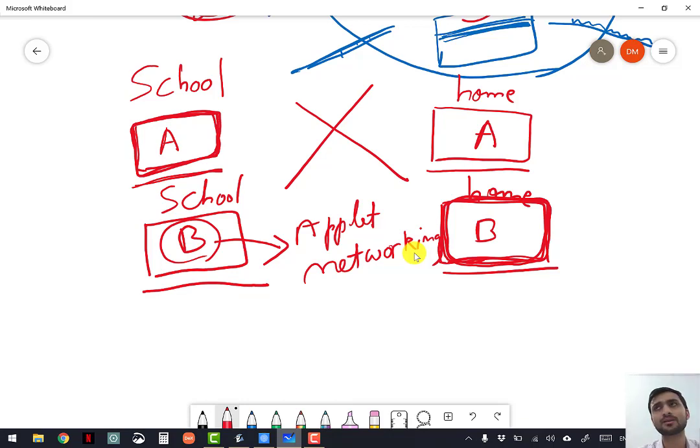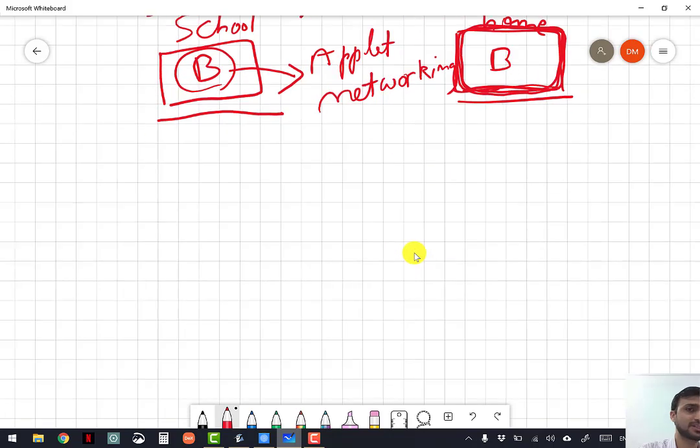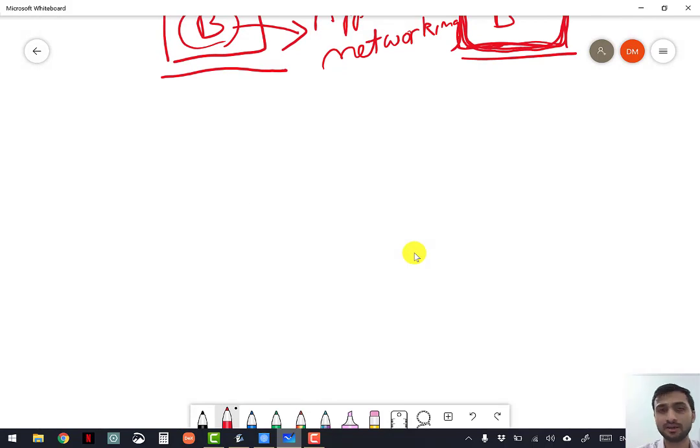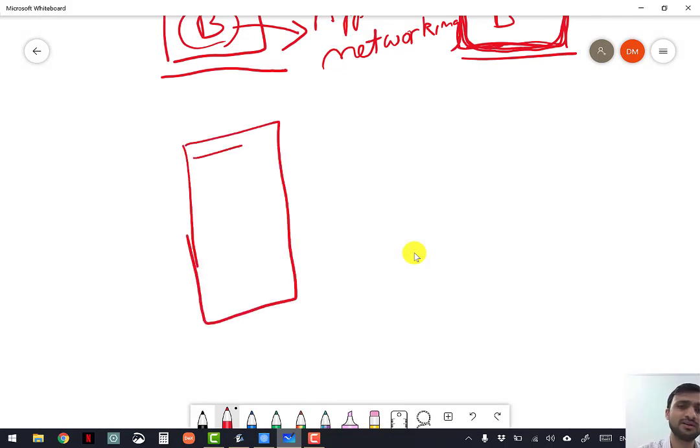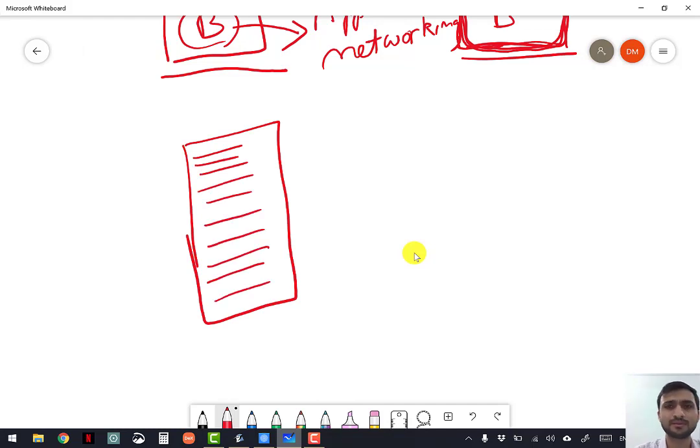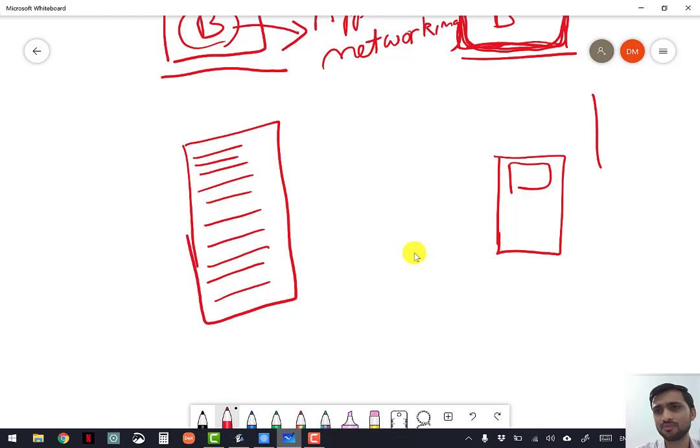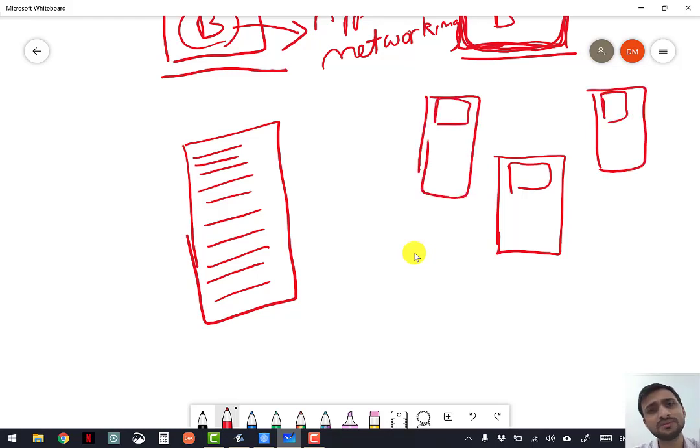For example, the WhatsApp program. WhatsApp is also a Java program, I told you in previous classes. It is a big Java program, you can say. Not only Java, many other languages are used to create it. You are using WhatsApp, which is available in your mobile, in your father's mobile, in my mobile, everybody's mobile. Did the person who created WhatsApp come to your house to create the program?